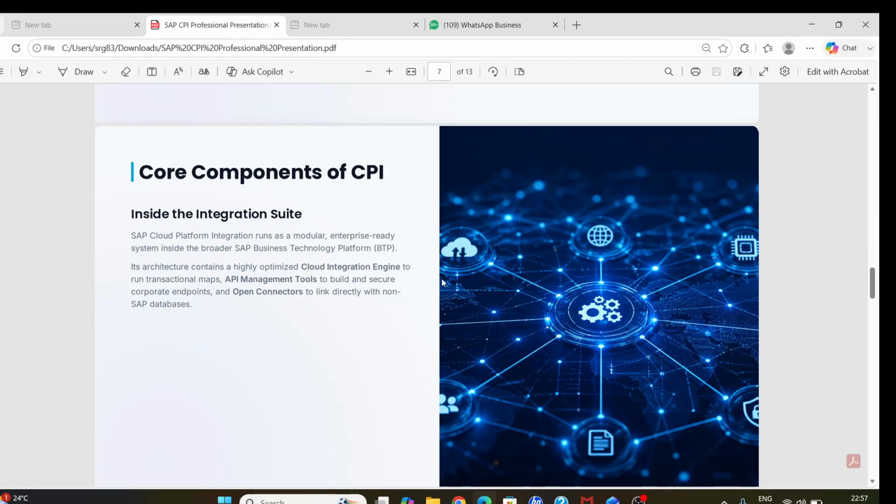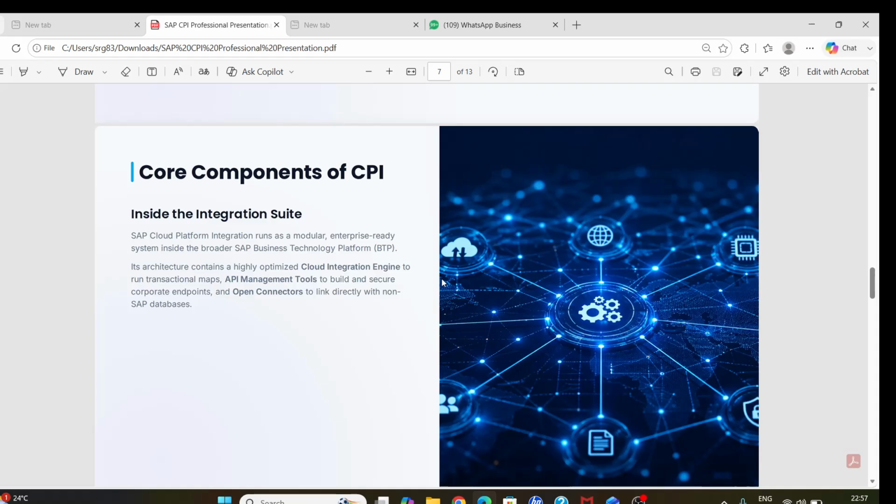Under the hood, CPI is a modular suite running on SAP BTP. It is comprised of three core components. First, the cloud integration engine, which processes structural mapping and routing rules. Second is API management, which allows companies to build secure, rate-limited gateways so external applications can safely extract data.